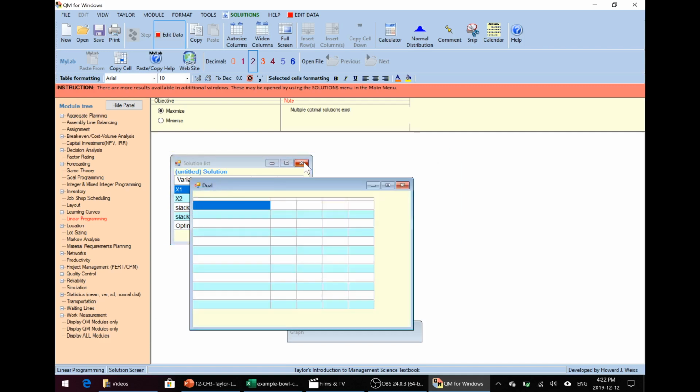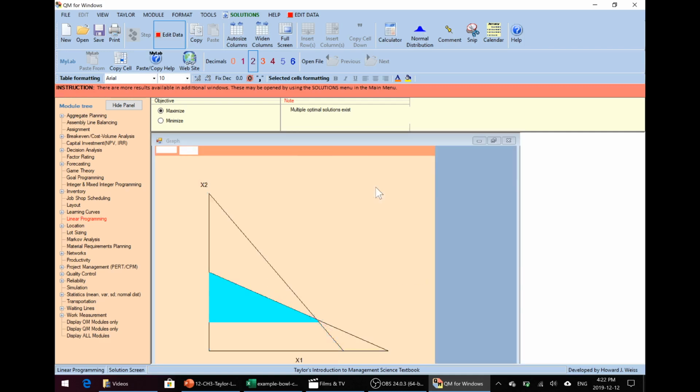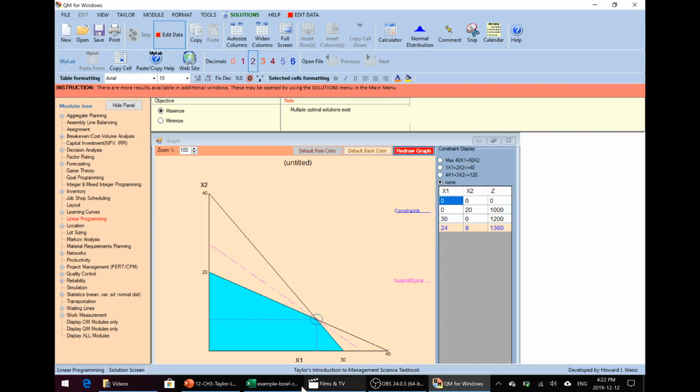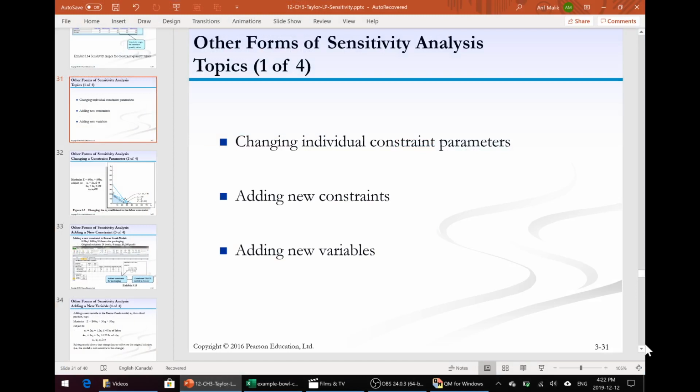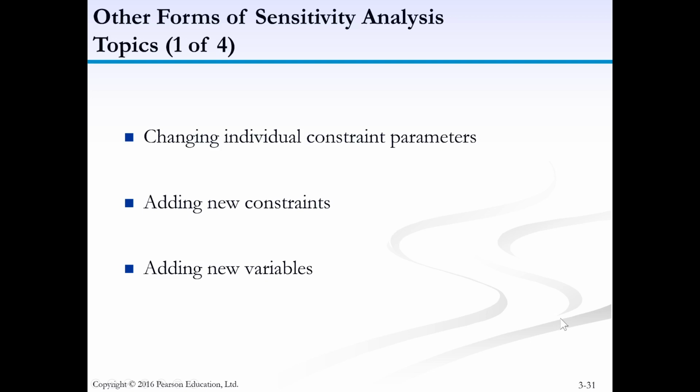All right, now what we do is we go to our presentation, and there are small things left. One is about the other forms of sensitivity analysis. We are changing individual constraint parameters, which are called technological coefficients, adding new constraints, adding new variables. Now for this kind of sensitivities, to test that, we have to actually repeat the